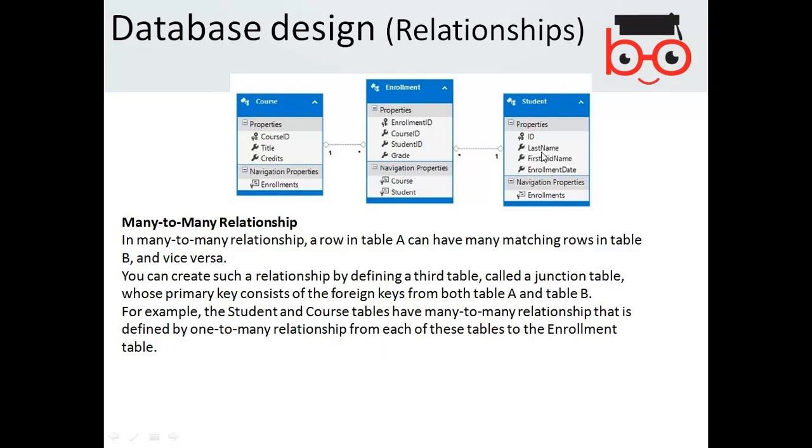Basically, one student can have many courses, and many courses could have many students.